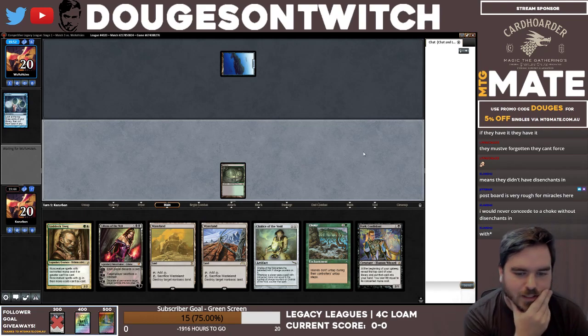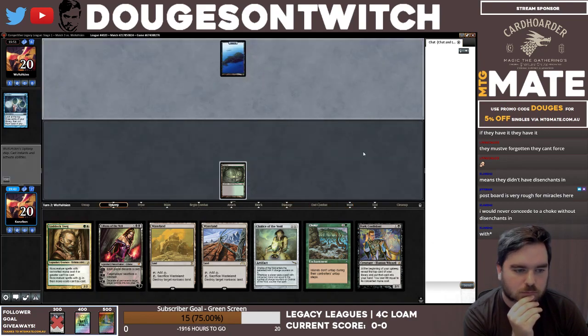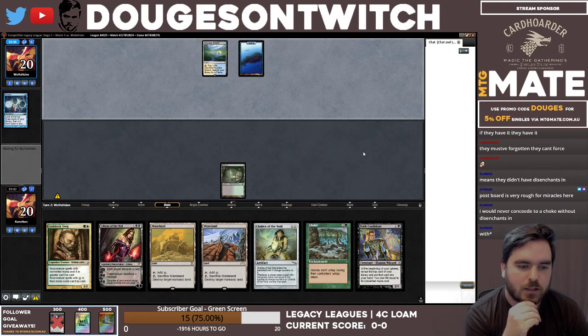And then next turn is interesting. I think I still want a Chalice for 1. It depends what they keep up as well. If they keep up blue mana, it's a little less...